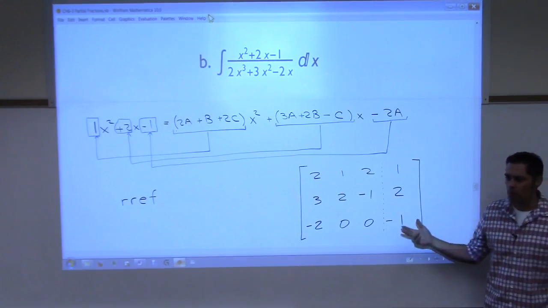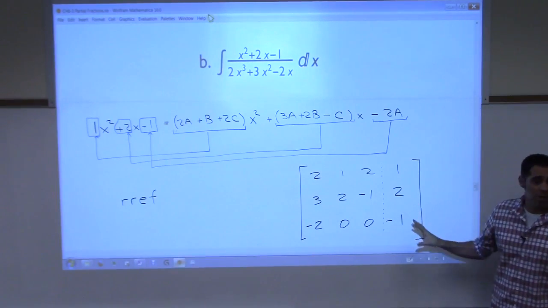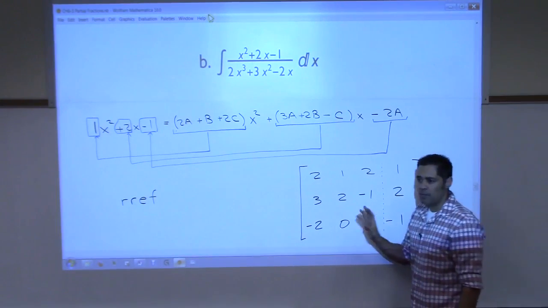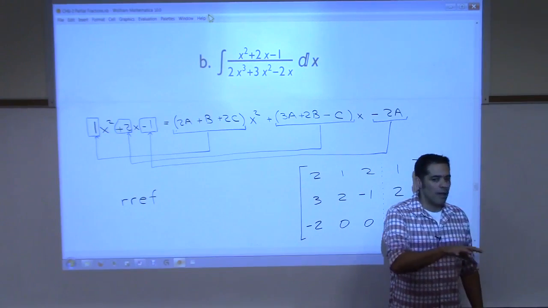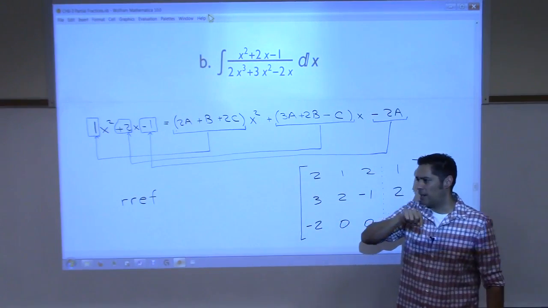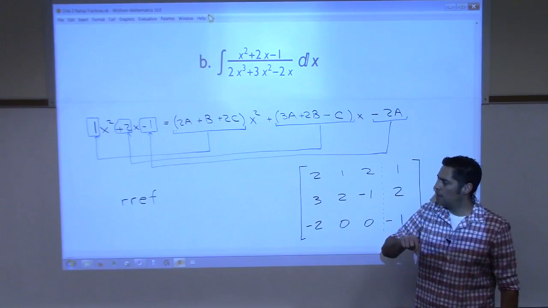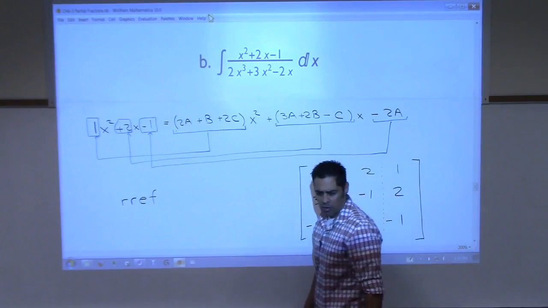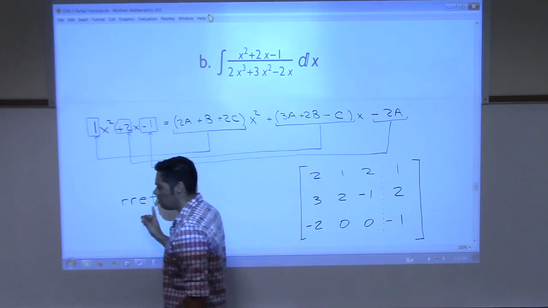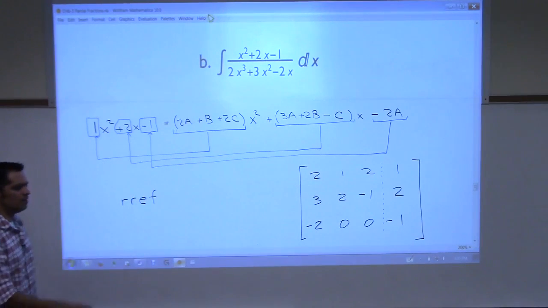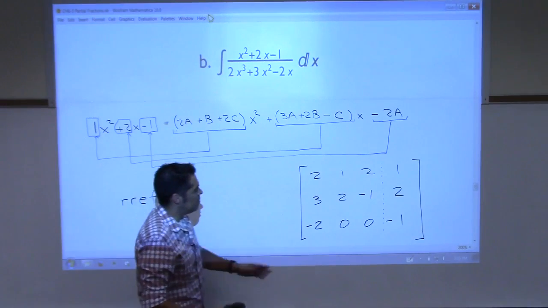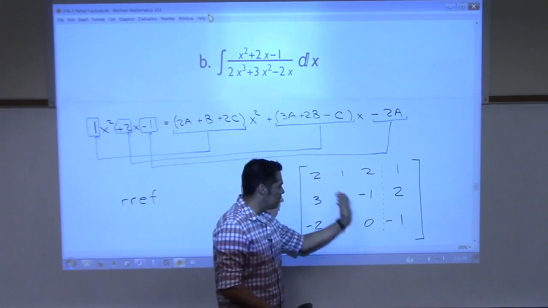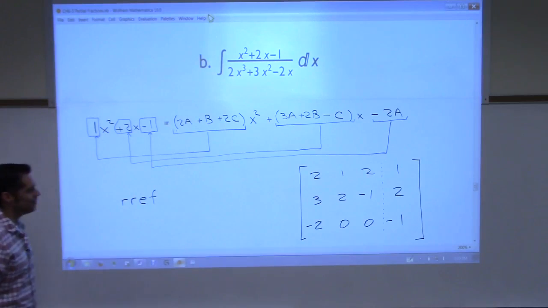Reduced row echelon form. So if you already know how to solve a system of equations with your calculator, I'm not here to reteach you how to do it. I'm trying to show you a way that works for every one of the TI calculators. That's called reduced row echelon form. It has to do with what the calculator is going to do. It's going to turn this matrix into something called echelon form. Okay, now,